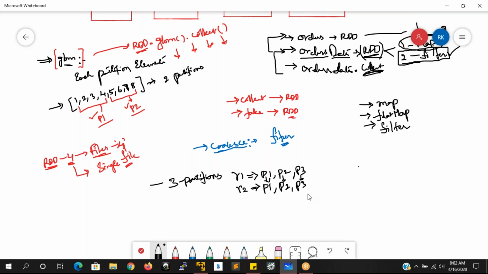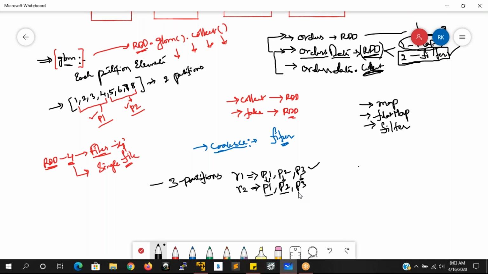Let me explain the things in a more proper manner. Whatever explanation you have given is absolutely correct. So here, what is happening? R1 is created with three partitions. But whenever I apply the filter, it is going to filter the values. After the filter also, it will create three partitions again, but we are having data only in these two partitions.